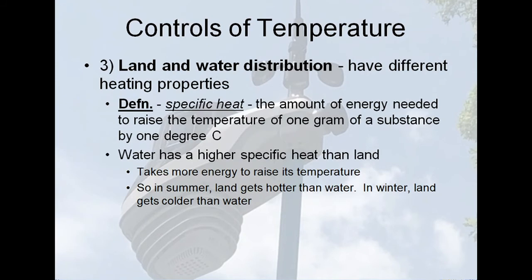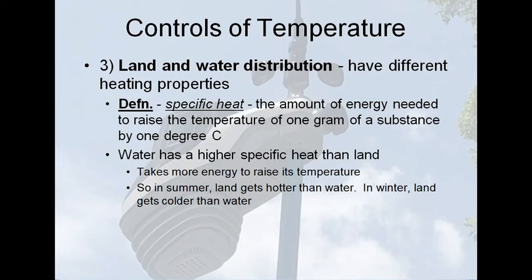As for land and water distribution, they have different heating properties. What we talked about before was that land heats and cools 5 times faster than water. So during the daytime the land heats up, but the water doesn't heat up as fast. So now you have a little bit of a low pressure system. There are thermals that go up, and then that cold air rushes in to replace that,